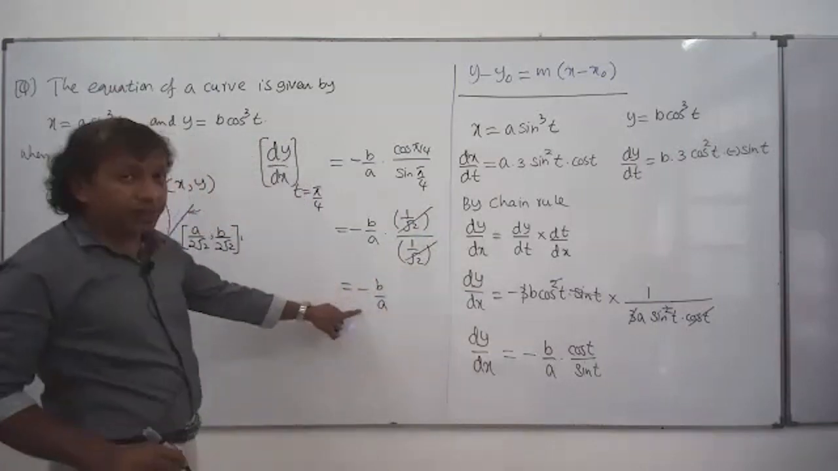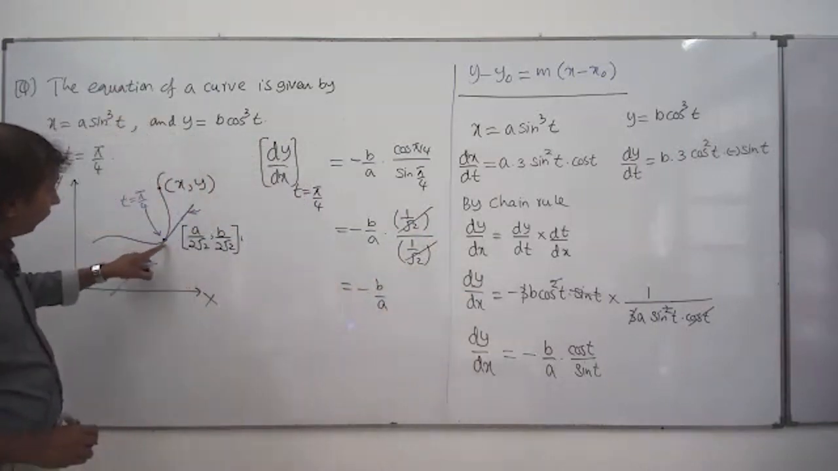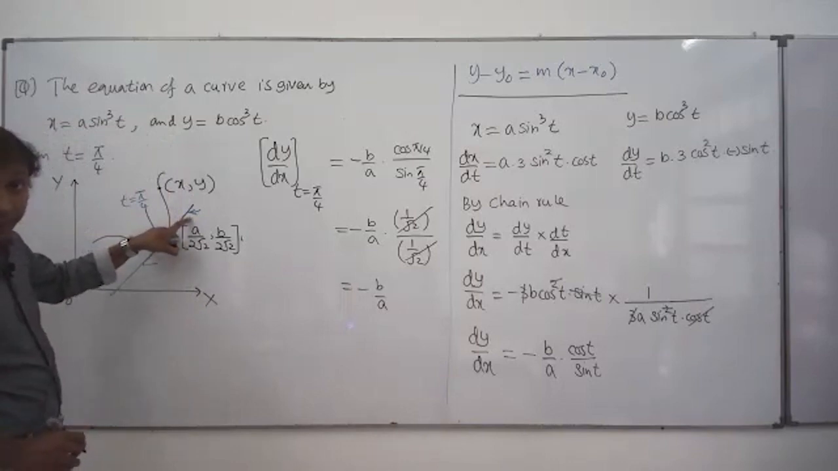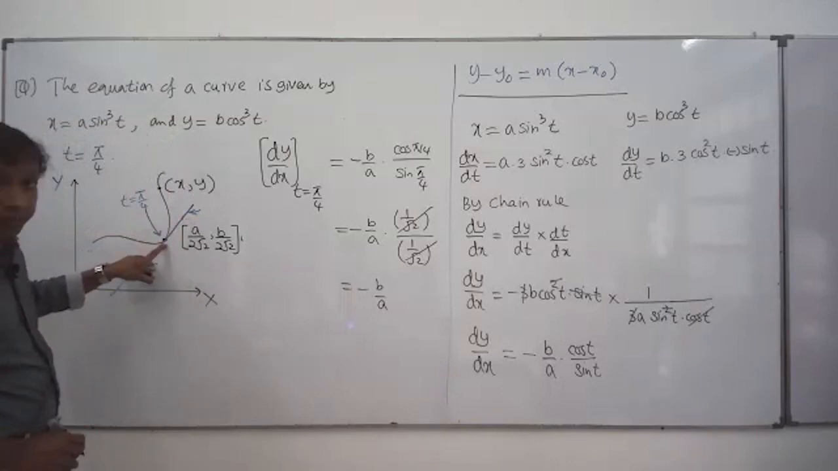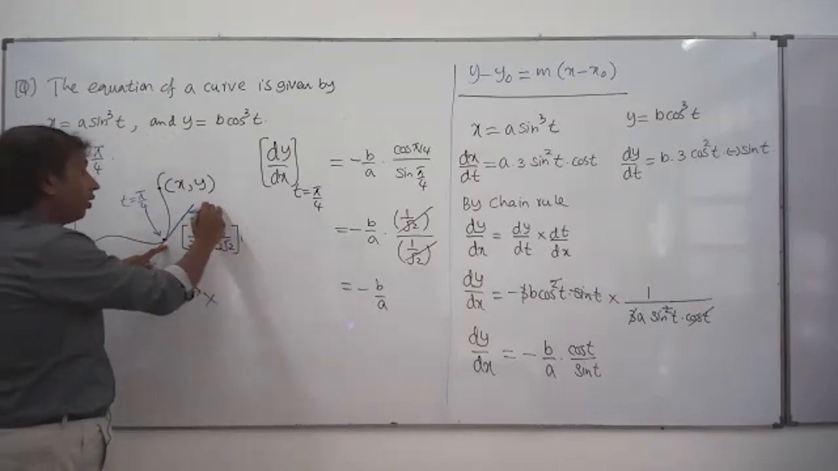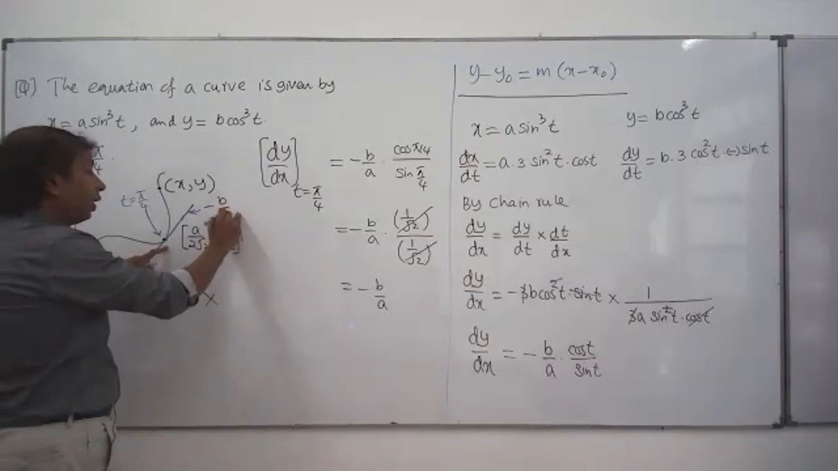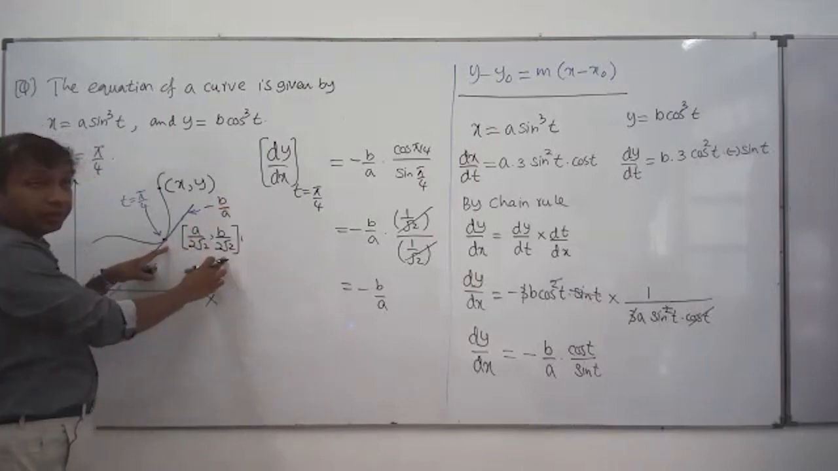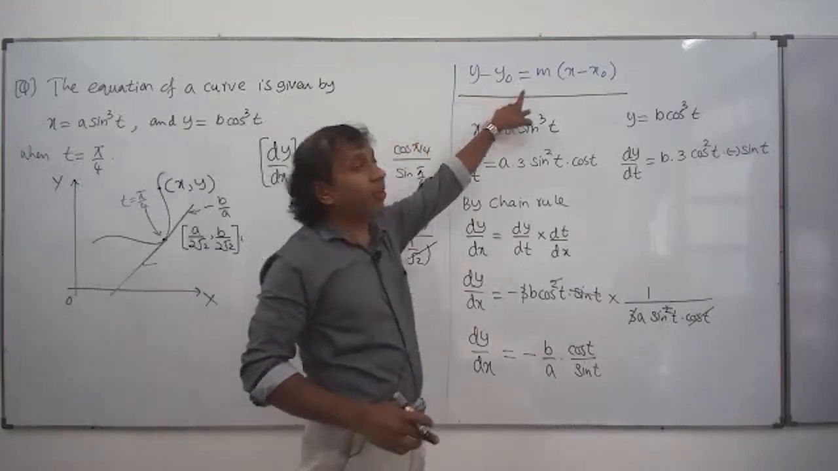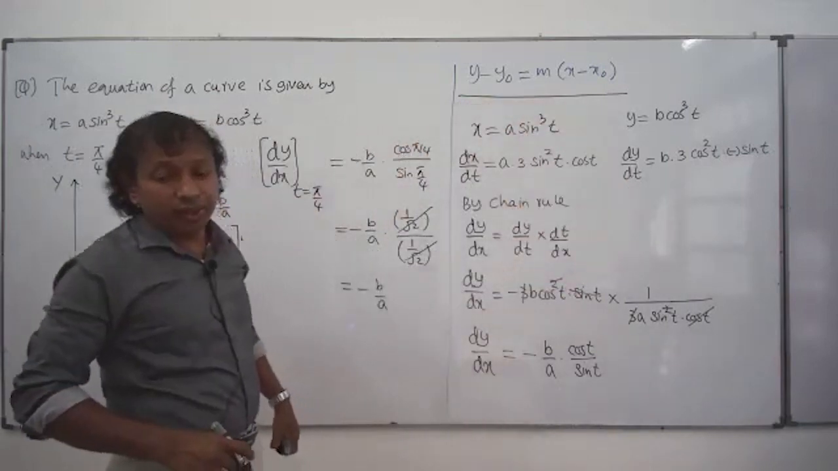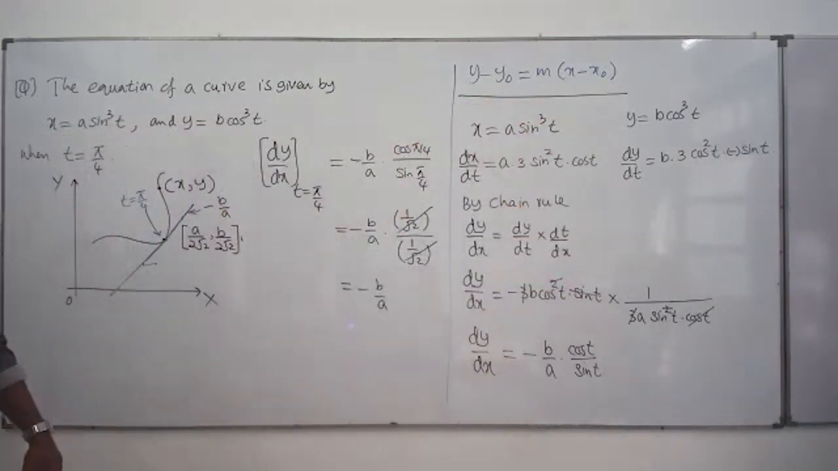What is this minus b by a? Gradient of this tangent at the point. Now people, we know the gradient. Gradient is what? Minus b by a. Now we know the gradient and the point on the line. Then using this, you can find the equation of the required tangent line. Understood? Right? So therefore, we can write